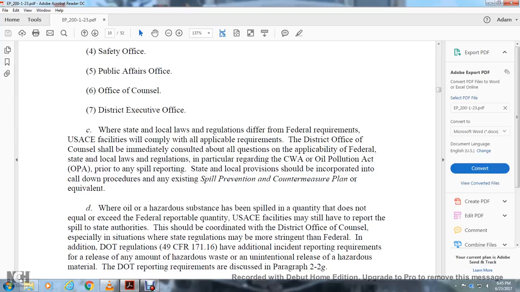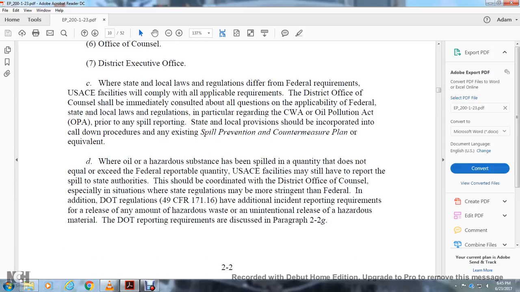Prior to any spill reporting, state and local provisions shall be incorporated with the call-down procedures existing in the Spill Prevention Control and Countermeasure plan or equivalent. When the oil or hazardous substance spilled does not exceed the federal reportable quantity, USACE may still have to report, but the spill for state authority shall be